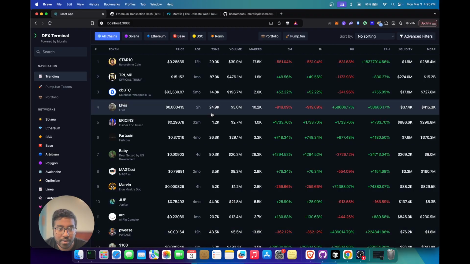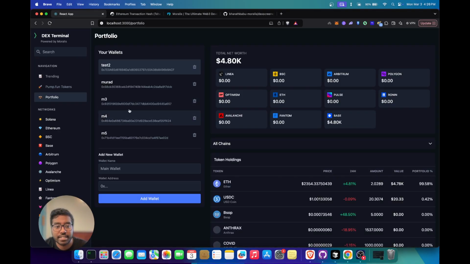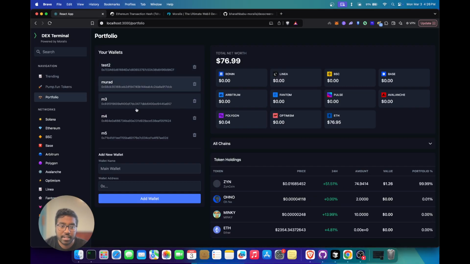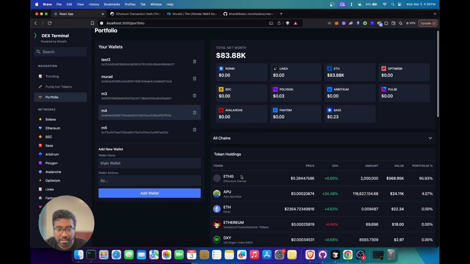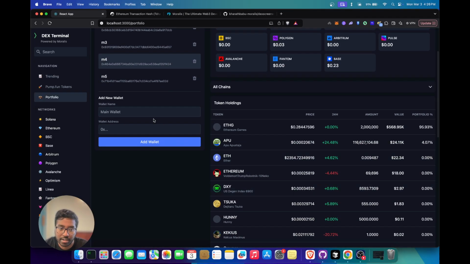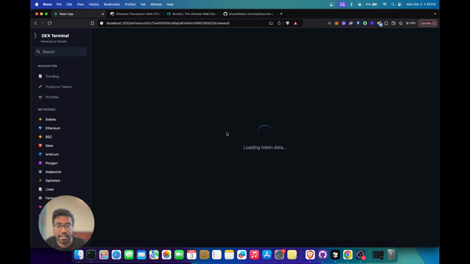We're yet to see the portfolio. Portfolio is essentially a feature that lets you add a couple of wallets to your portfolio, and through this you're going to be able to track them. As you can see, I added a couple of wallets, and you can see all of the token holdings. You will be able to click on a particular token and go straight to the token page of that token as well. So if you see right here, I have all these tokens. Let's try clicking on this one,